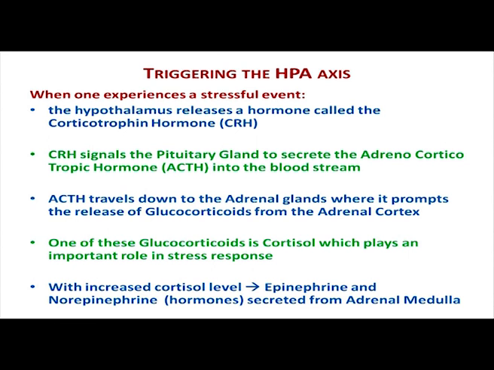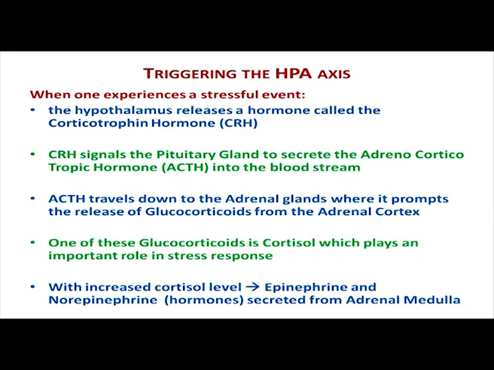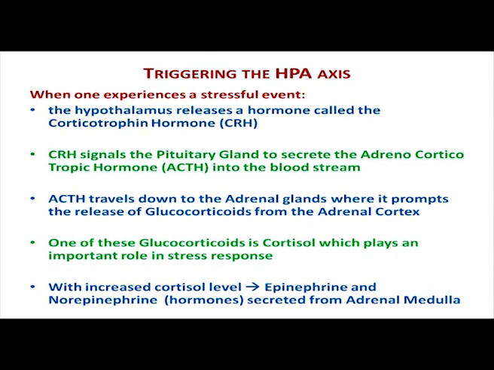So, how is cortisol related to stress? When the cortisol level is increased, epinephrine and norepinephrine, these two hormones, are secreted from the adrenal medulla. If we just revise this once more, it starts with the hypothalamus getting a triggering response to release the corticotropin hormone. The corticotropin hormone goes to the pituitary gland and releases the ACTH into the bloodstream, and the ACTH travels to the adrenal glands and triggers the glucocorticoids, and one of the glucocorticoids is cortisol, which again stirs up the adrenal medulla to release the epinephrine and the